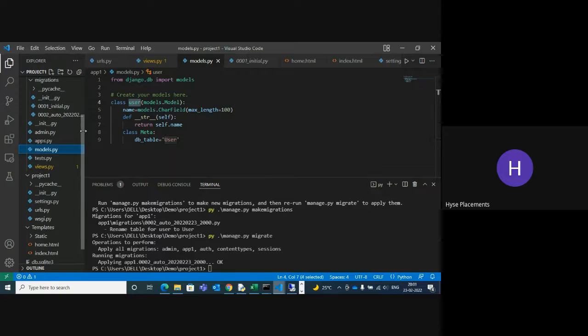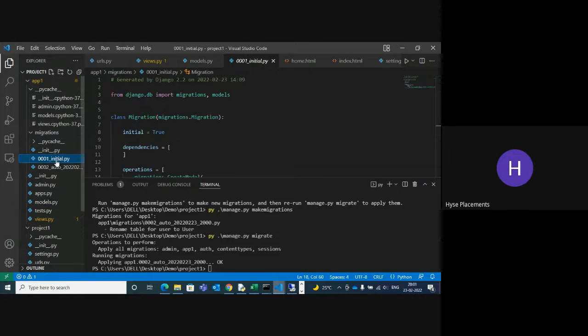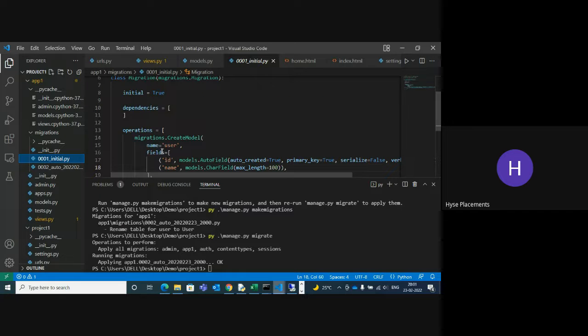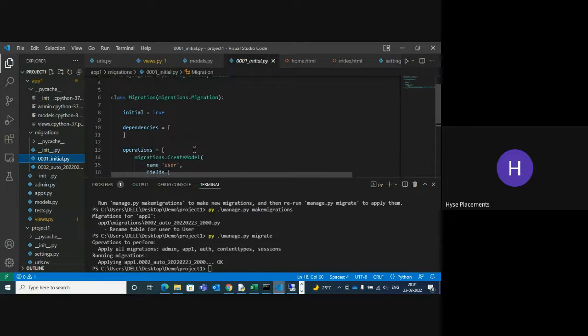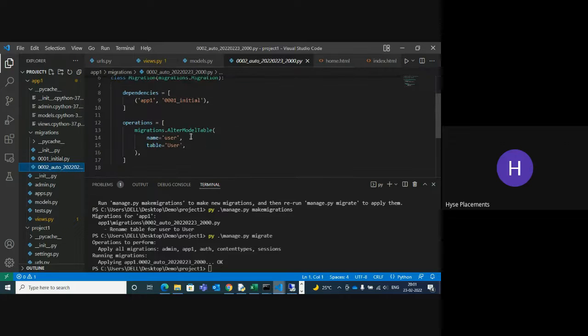In the first time I created it, the name of this table is user, and you can also see the dependencies have changed. In the dependencies the name is user and the table name is also user.